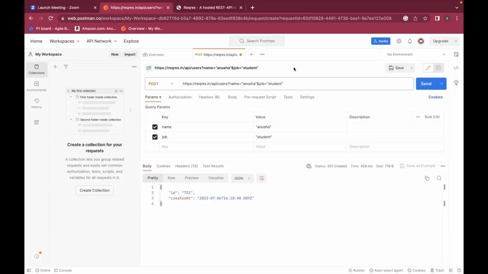So 400 till 599, both of them are negative response codes. If you get the 400 series, the problem is with the client. If you get the 500 series, the problem is with the server itself. So unless the server is up, you cannot do anything. The server might be down when you are trying to do API testing. That is why you must have gotten the 500 series as the status code. But in reality, a successful response code is always less than 400, that is, from 100 to 399.